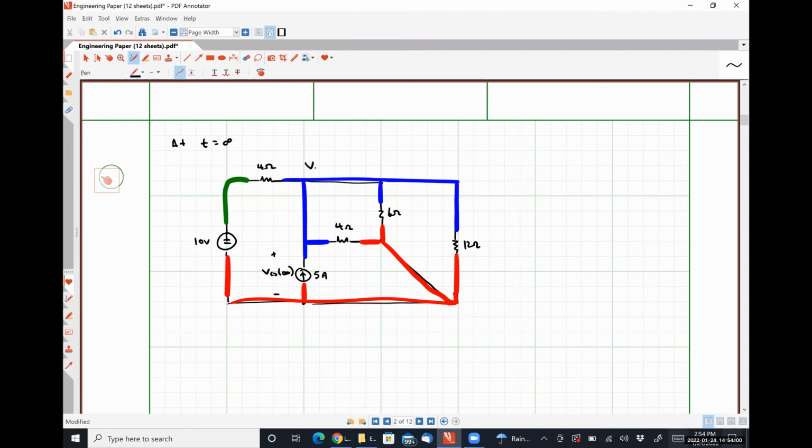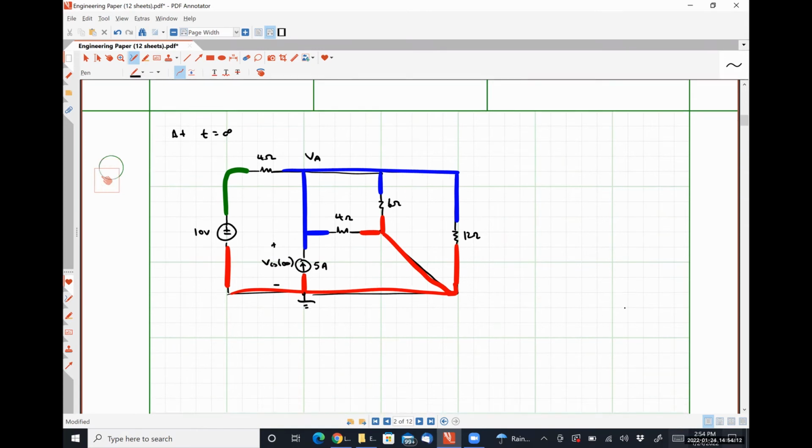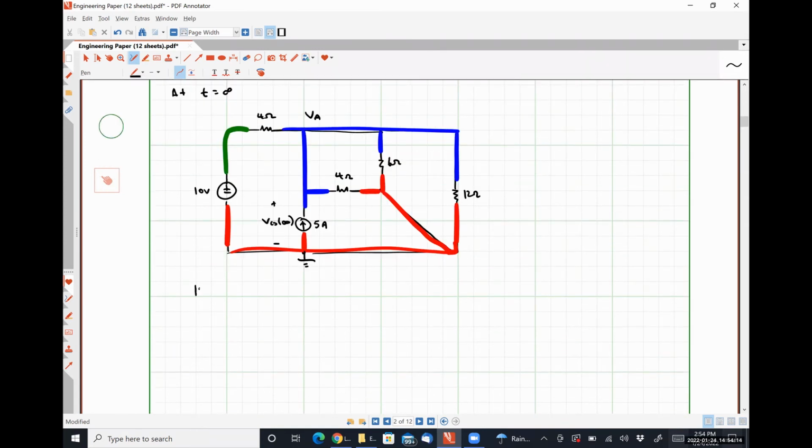So if we call this node VA and this node ground, VA is the only quantity we don't know, which happens to correspond to the voltage that we're looking for anyway, right? So KCL at A